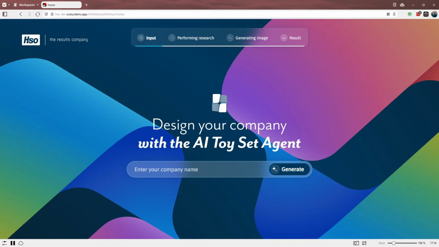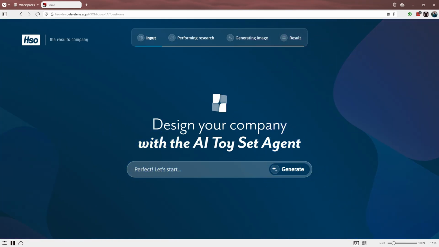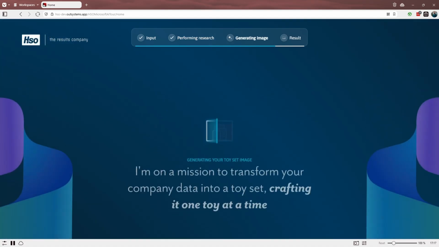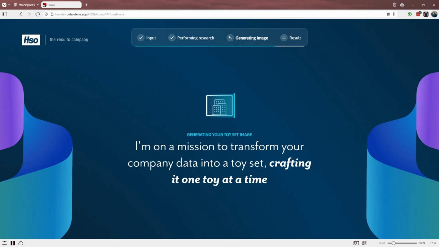It's very simple. You first put a name of a company, you press enter, and now the magic starts happening. In the first step, what is happening under the hood is that we asked OpenAI to perform a web research over this company. So right now, the OpenAI model went to search on the internet what it could find over IKEA, and it will give as an outcome a set of instructions for the next step, but also some tags of what the